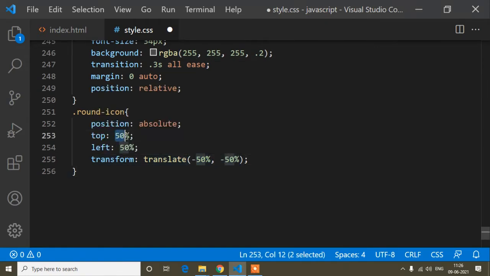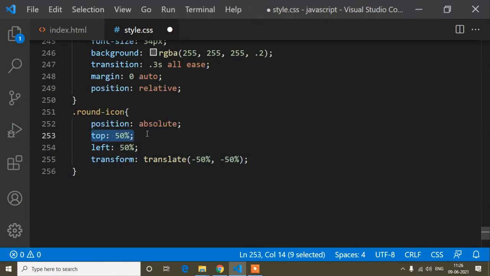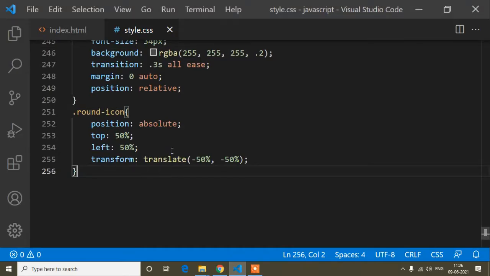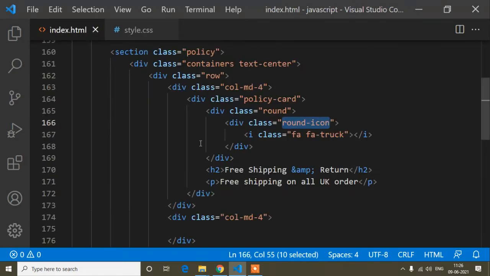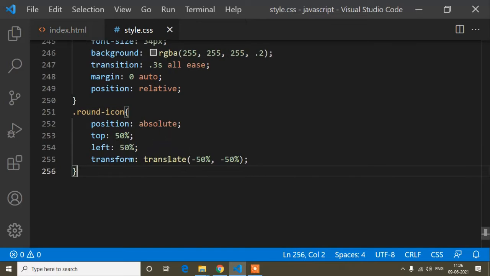Here we write plus, but here we write minus, so it is the same, because it adds some space from the top 50%, but here it will be minus, that means bottom to top 50% and right to left minus 50%, so it will come to the middle. Okay, that makes the CSS strong, that is top and left. So this one is done, and now I will save and show the preview. Now it's in the middle. It was already in the middle, but if it had not been, now it will come to the middle, because I have written the CSS property for that.